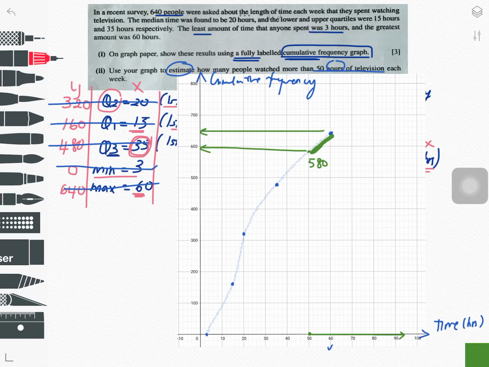And then the highest value is 640. You find the gap. Estimate how many people. How many people is the y-axis, right? So my answer is going to be 640 minus 580, which is